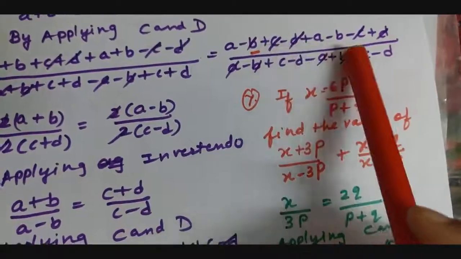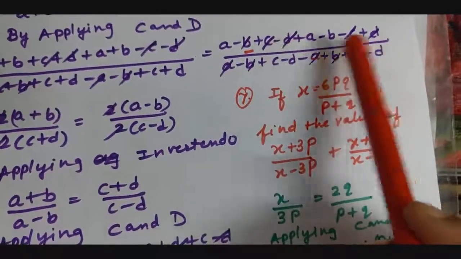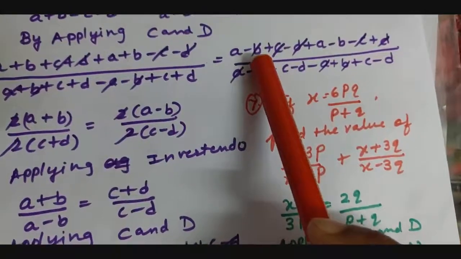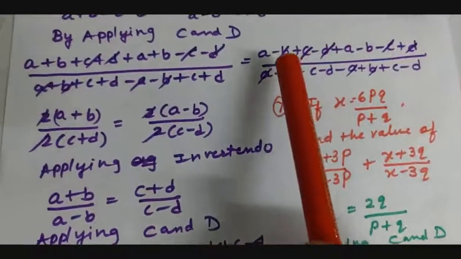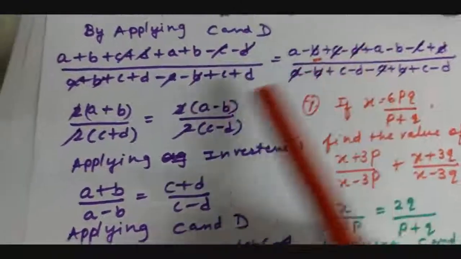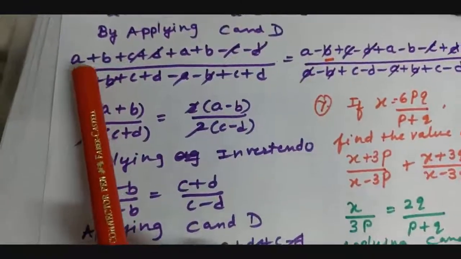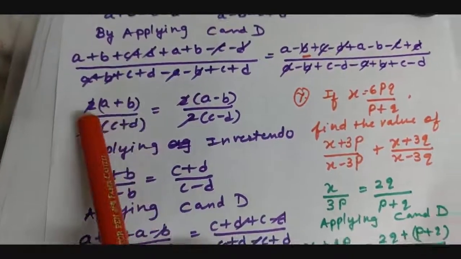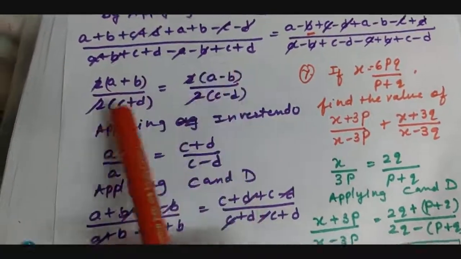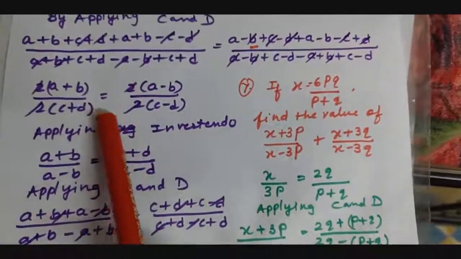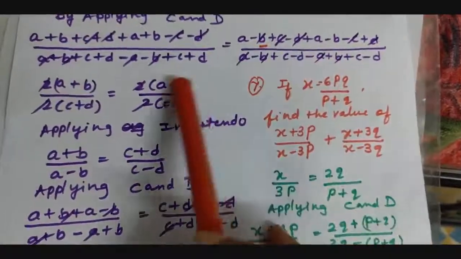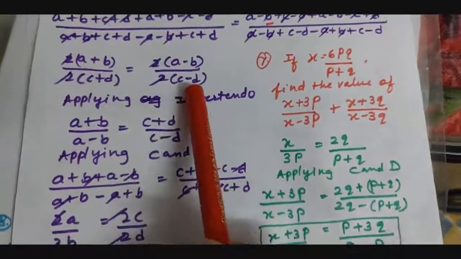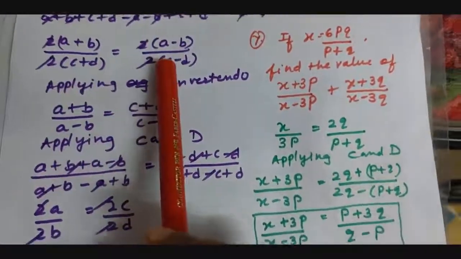Here plus c minus c, minus d plus b cancelled. b is as it is, by mistake cancelled, I kept it with red pen line underline, so it is there. Now what is left here, that is a plus b, a plus b, it means 2 times a plus b, 2 taken common, c plus d 2 times, here a minus b 2 times, c minus d 2 times, 2 cancelled from both the sides.